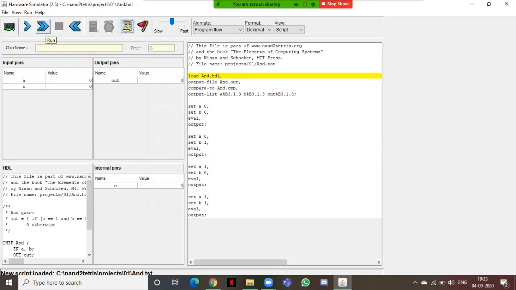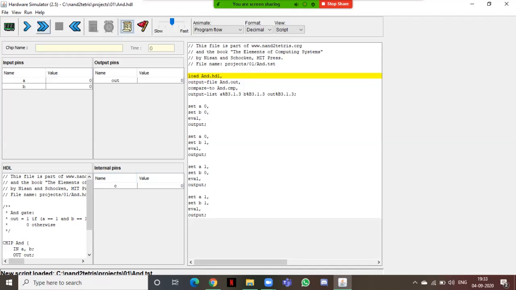So here we have AND. In AND, there is an internal pin, because performing the AND gate function requires two NAND gates. They'll be connected somehow between the input and the output pins, and hence we get an internal pin.